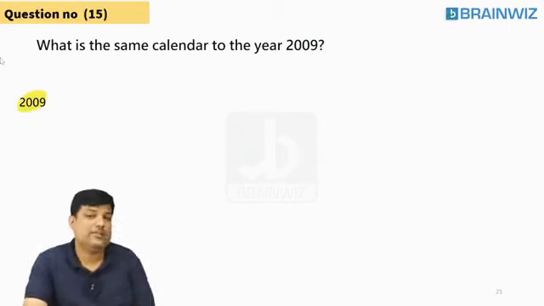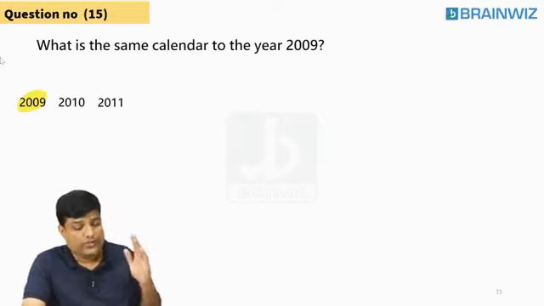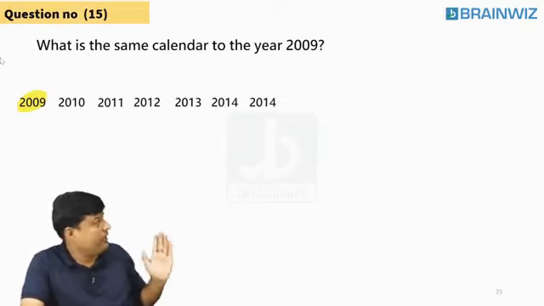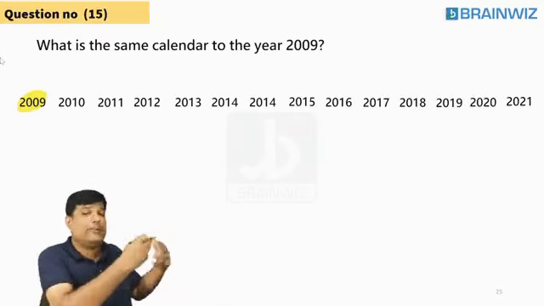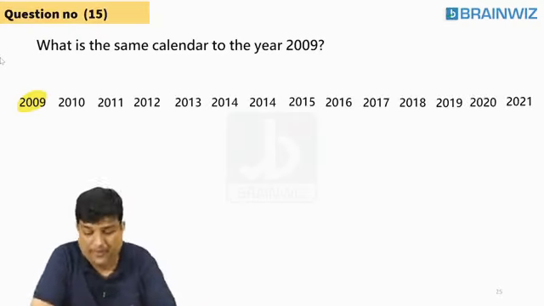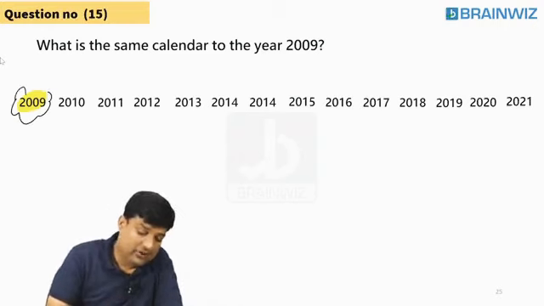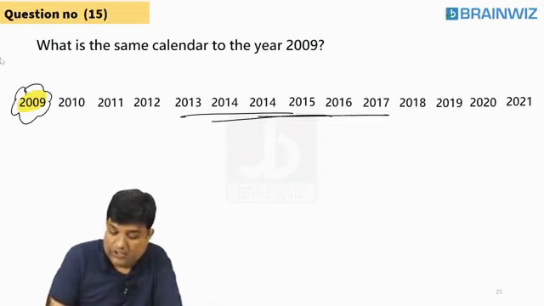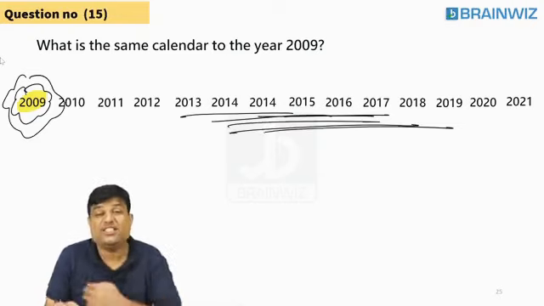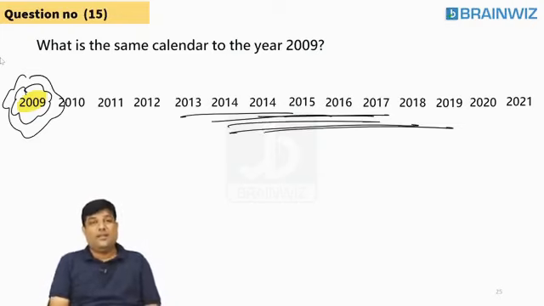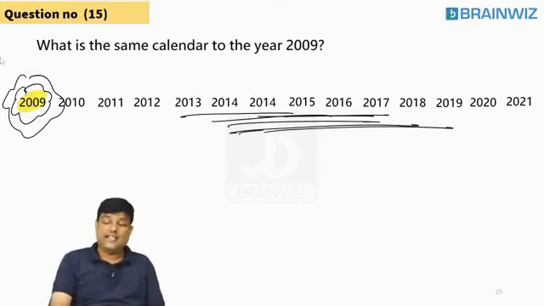Everybody on the screen now. So after 2009, 2010, 11, 12, 13, 14, 15, 16, 17, 18. So which upcoming year do you want to have the same? 19th August Friday, where is that 19th August Friday? 20 July Sunday, where is that 20 July Sunday? Which year is that year? Are you understanding? Which year is that year we are supposed to find out?